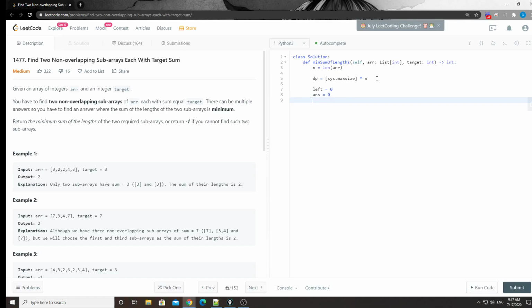Answer equals 0, and then I'll use a for loop to loop through the array, so for num in enumerate of the array here, right? And then basically